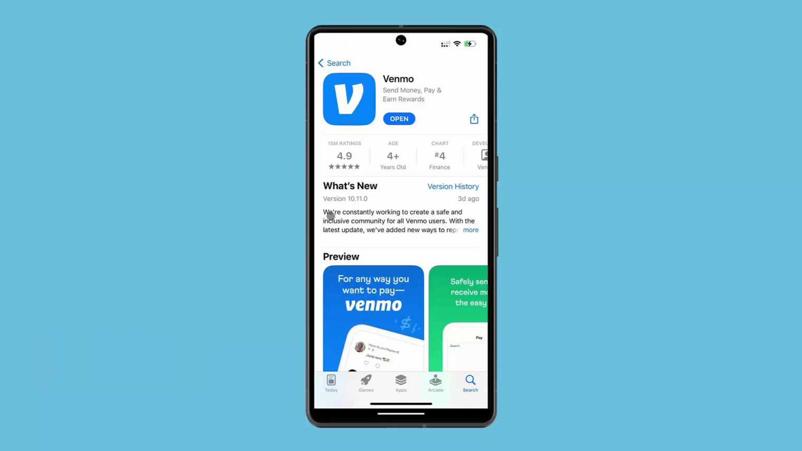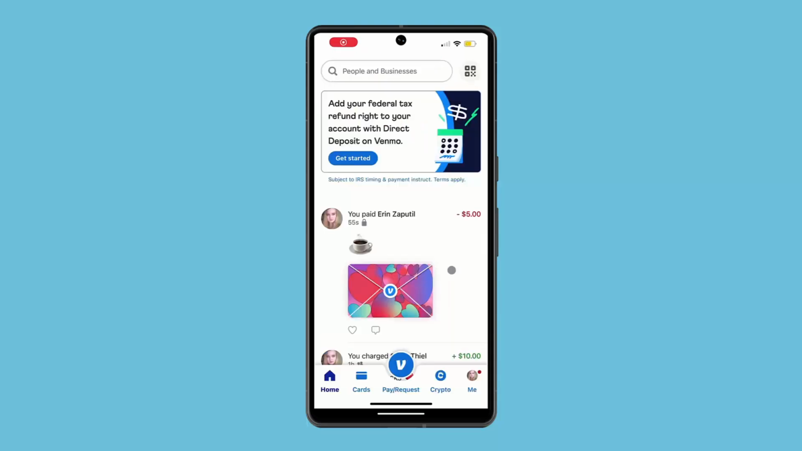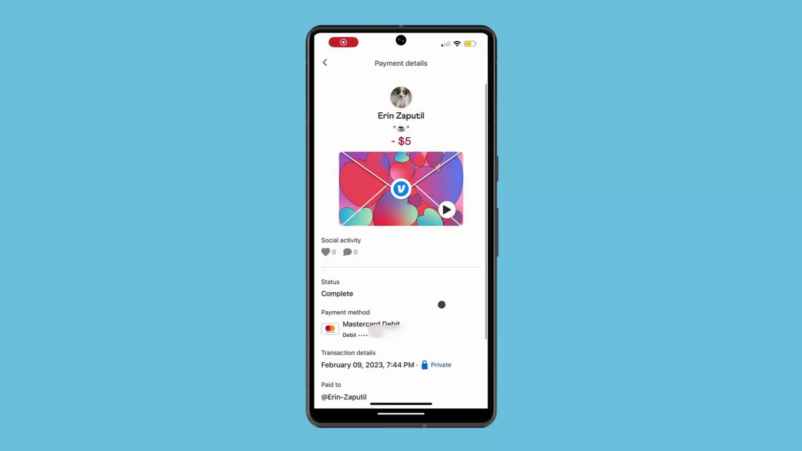So basically, what you have to do to make a Venmo transaction private is just make sure to open up your Venmo application and log in. Then once you're logged into your account, tap on the Me tab from the bottom right corner of your screen, and from this page tap the settings gear at the top